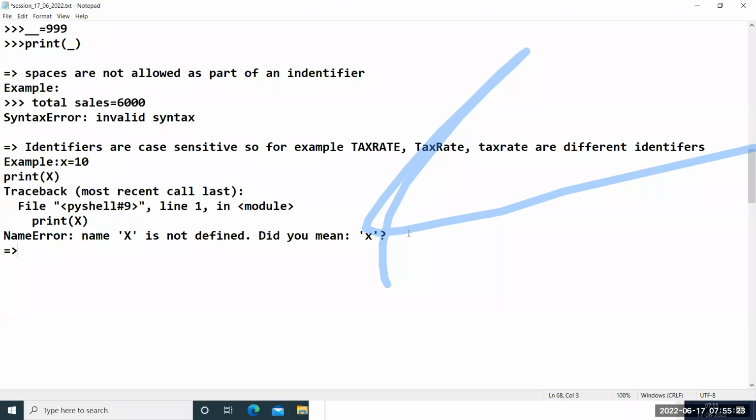in Python. Those keywords you should not use as the name of a variable or as an identifier. This is also a very important rule, guys: no identifier can be the same name as one of Python's keywords. For example, let me first execute that code and I will copy the output, guys.